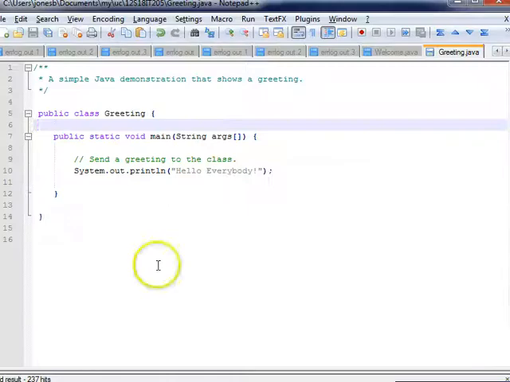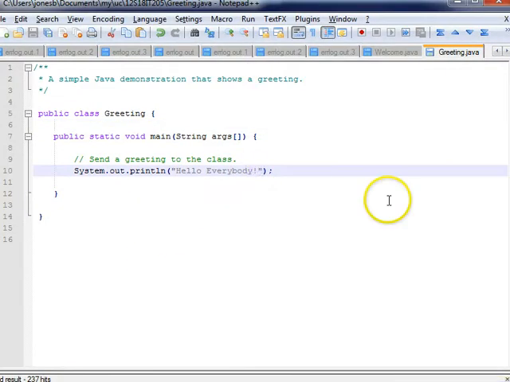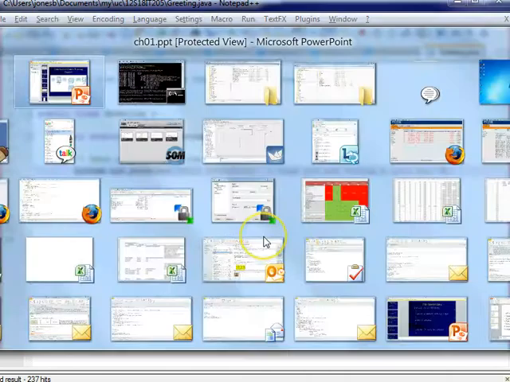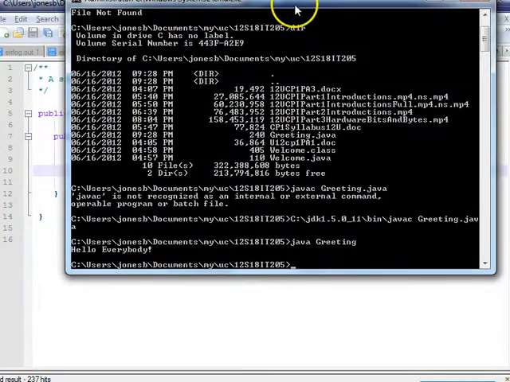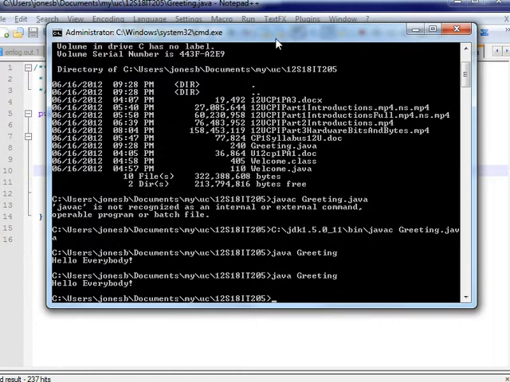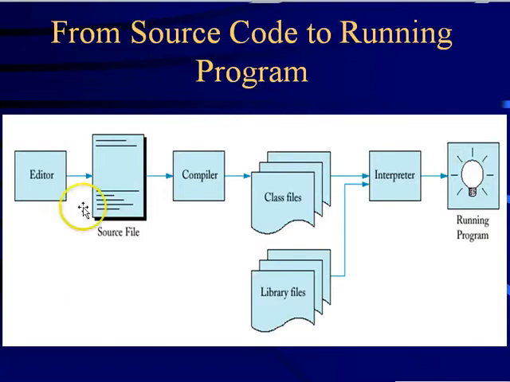Now let's say I want to change this greeting and say, hello everybody, I hope you are having a good day. Oh, nope, wrong button. And save. Now let me run the program again. I'm going to arrow up and choose java greeting. Well, the message didn't change. The message did not change because I changed the file, but I did not recompile. When I run the class file, it's going to run whatever class file is there. I need to recompile to regenerate this